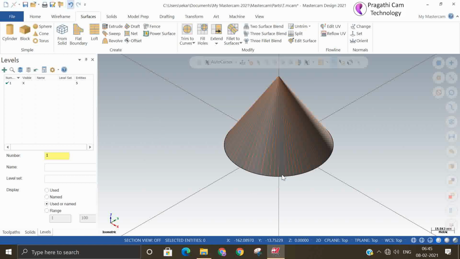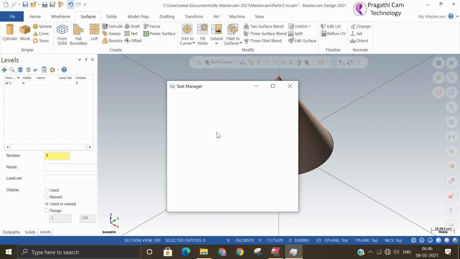Sometimes this may happen: Mastercam crashes and comes out. Something goes wrong in the primitive. That's the reason it is going out. There is no other way. You need to close it and restart again.